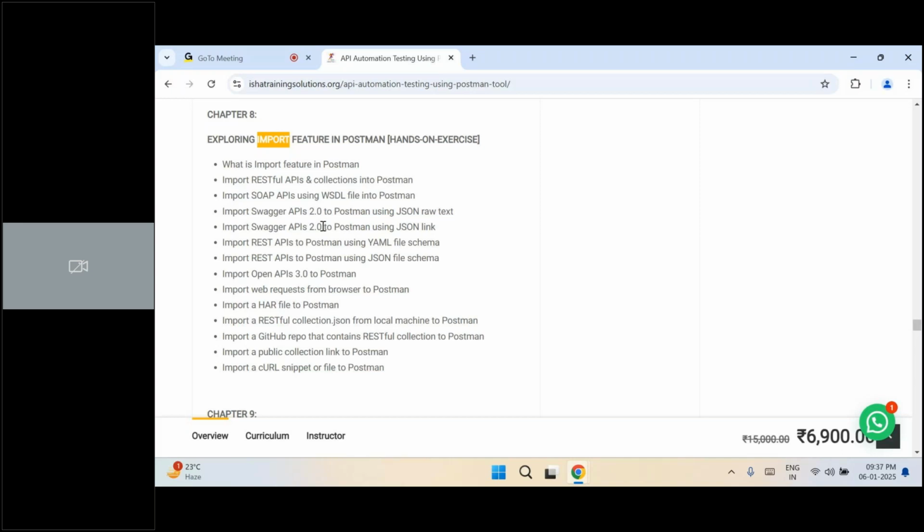So if a developer says I have a curl format, Postman can understand it using the import feature. Developer says I have a Swagger format, Postman can understand it using the import feature. Developer says I have a YAML format, HAR format, HTML format, XML format, raw text, any format Postman can understand it using the import feature.